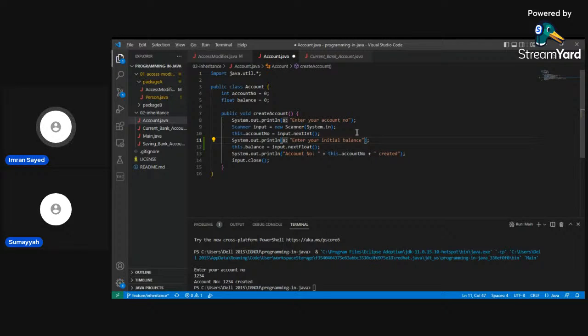Okay, the next function would be deposit, because if he wants to deposit some amount, deposit funds. Yeah, just copy paste to save time.